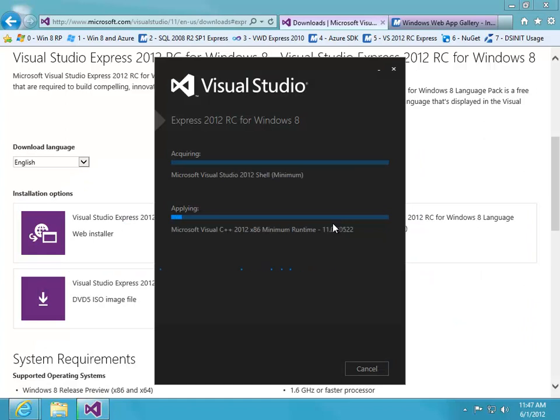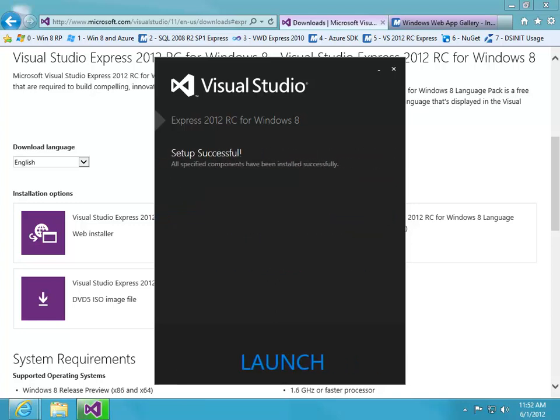I will mention, as this starts off, there is also a full version of Visual Studio 2012 that you can download if you prefer to. But I'm going to stick with the Express for Windows 8 edition right now. Okay, and that one's significantly faster than the Visual Studio Web Developer version did for 2010, but it looks like that completed successfully. You know, it allows me to launch it from right here, but I don't actually want to